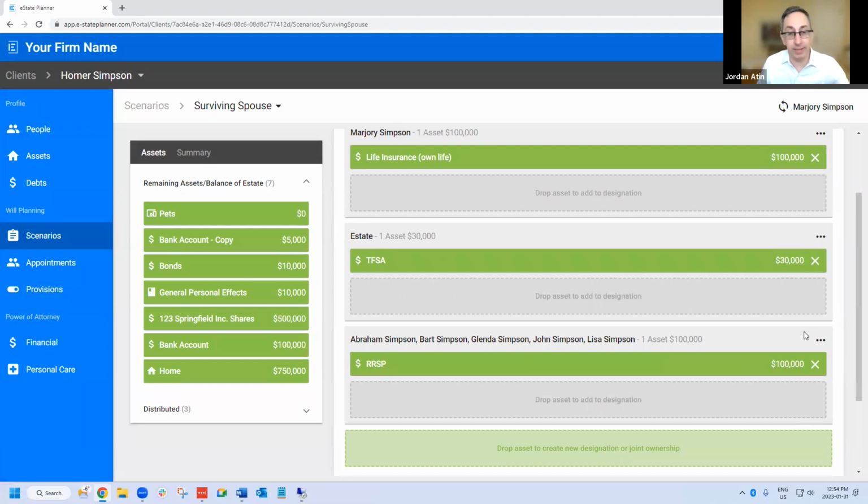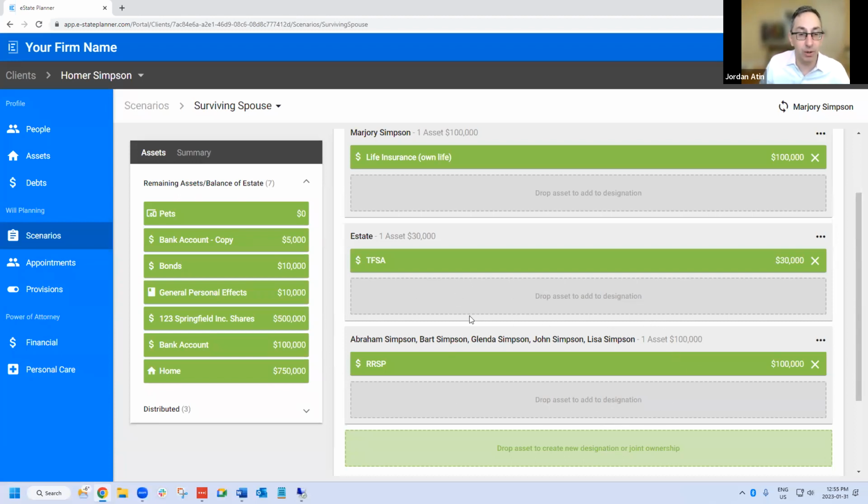Just one other point. Thanks for raising that. We don't really allow gift overs. RSP designations are supposed to be simple, right? The risk is that if you're naming these people and you actually want it to be a gift over to their kids if they're not alive, this is not going to work great.